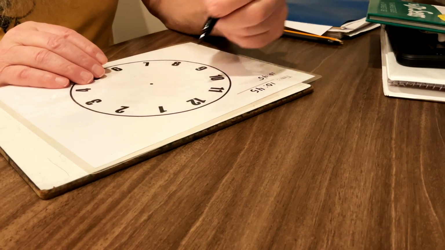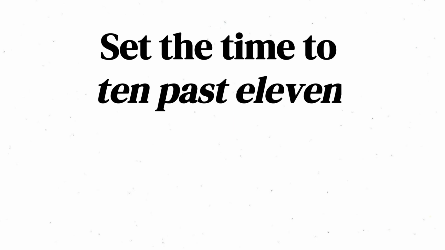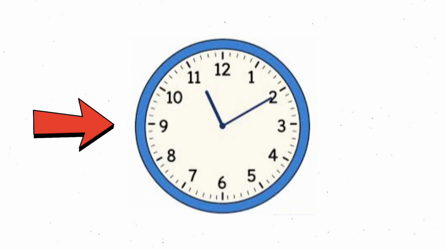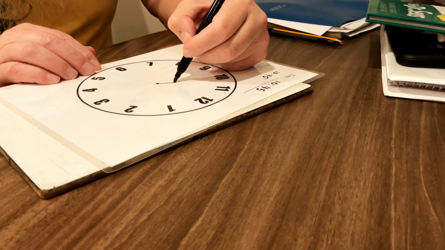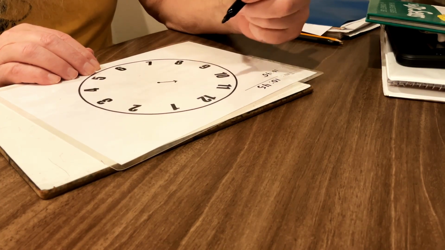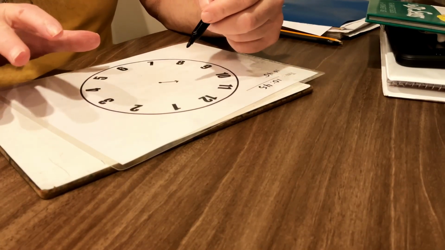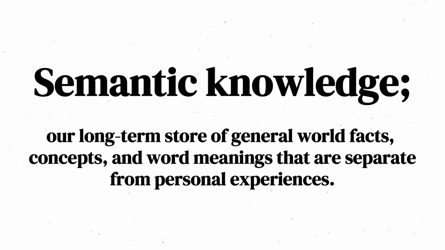Encoding information is translating a conceptual verbal command like "set the time to 10 past 11" into its digital representation, which would be 11:10, and then into a visual spatial representation. In fact, a pairing simple enough, in order to complete this task, a person must first understand the concept of time and then be able to express that concept in another symbolic format. Now, understanding the concept of time relies on semantic knowledge, and expressing that concept in another symbolic format